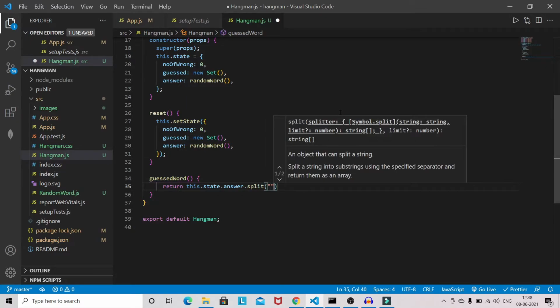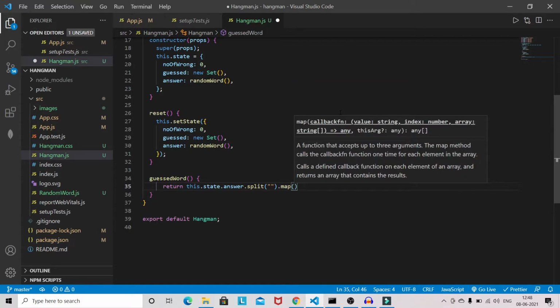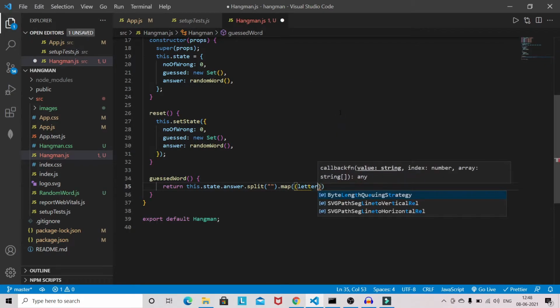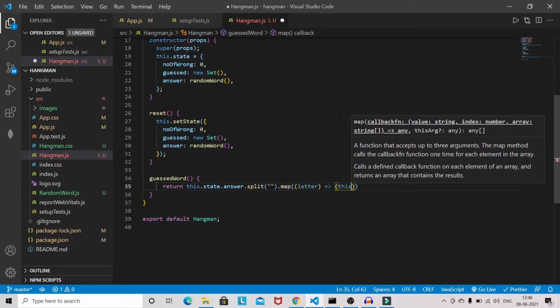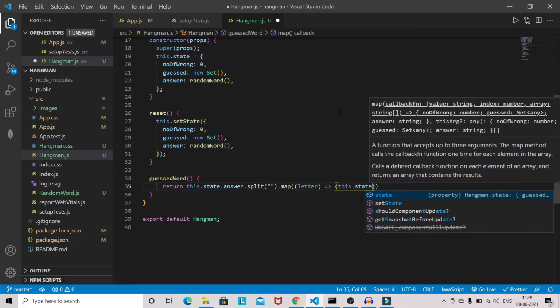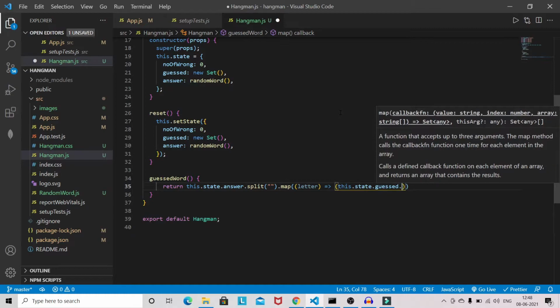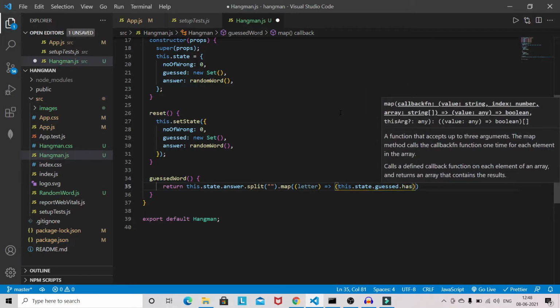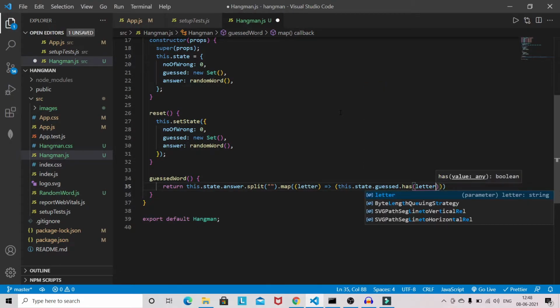So we are going to split, then we are going to use map, letter, this.state.guessed.has(letter).